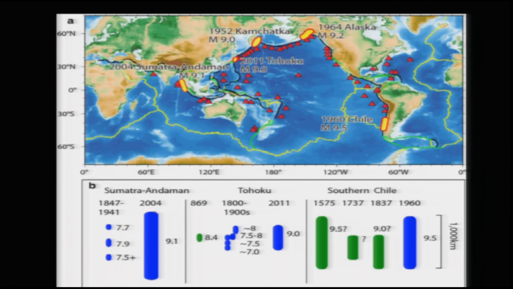So, the rupture length here was almost 1000 kilometers or so, but in the case of Tohoku, though it was very damaging, the rupture length was almost half of what we see here. In both, this was almost 1300 kilometers, this was 1000 kilometers. This is the Chilean earthquake 1960. So, this whole area is vulnerable to tsunamis, as well as this zone, and then what we have over here, that is your Makran subduction zone.